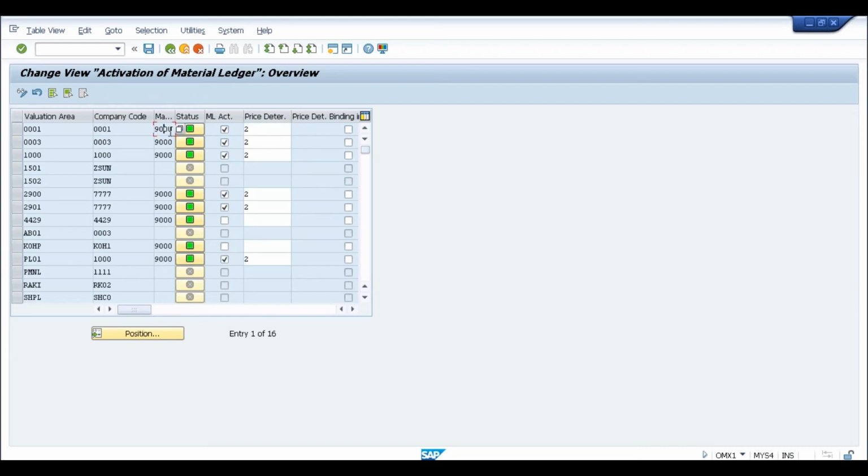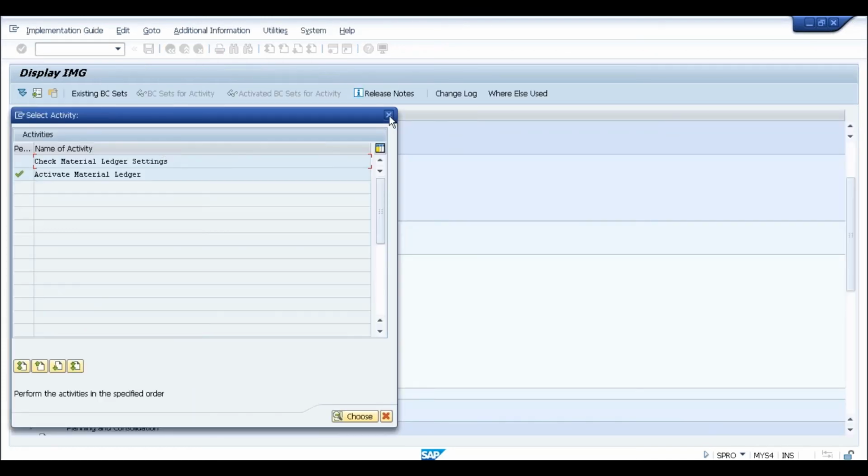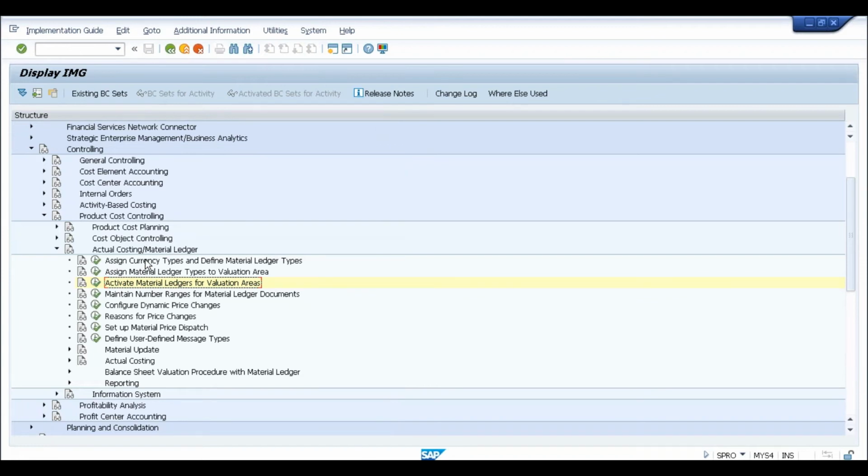These 2 columns, status and material ledger type, are additional, and they have been added in 1610. What is the purpose of this? I'll tell you. For making this configuration, you first need to follow these 2 activities. Let's go to this. It says: assign currency types and define material ledger types.